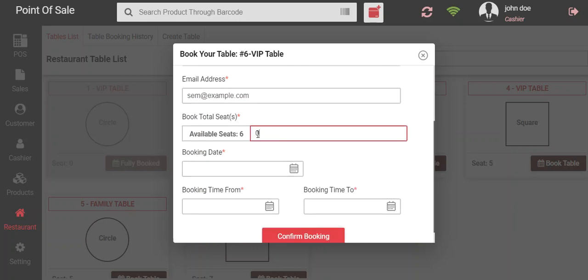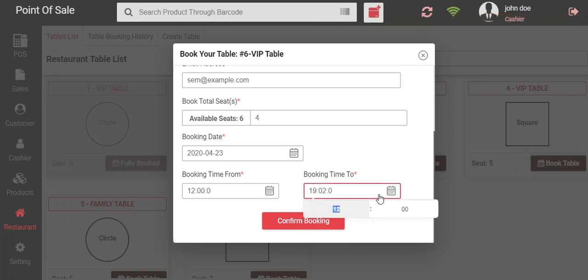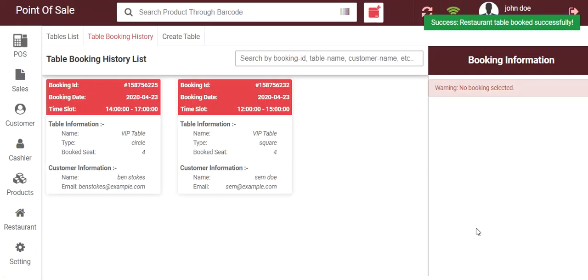Now here, total number of seats, the POS agent will enter the total number of seats. In the next one, the POS agent will select the date. Now here the booking time, the POS agent will select the booking time according to the requirement, and just needs to click on the confirm booking button. After clicking on the confirm booking button, after some time the booking will be confirmed for that particular customer and a pop-up will generate.